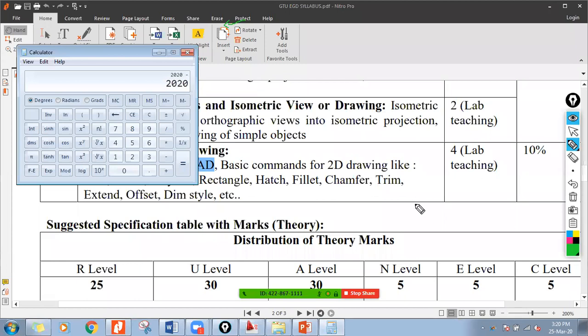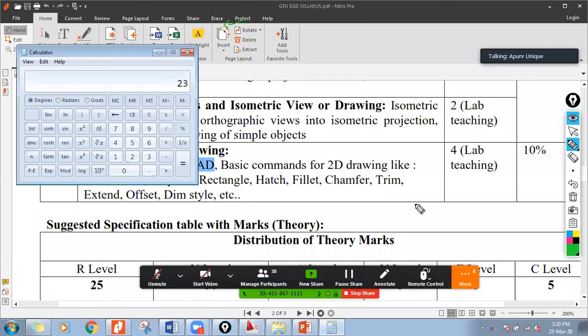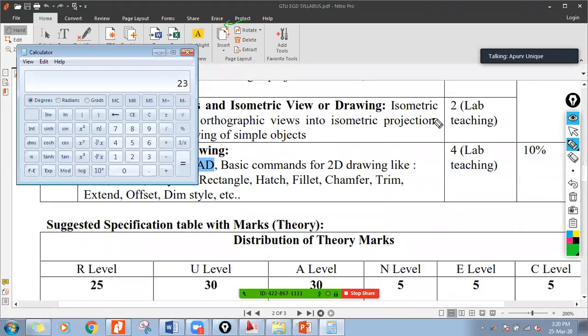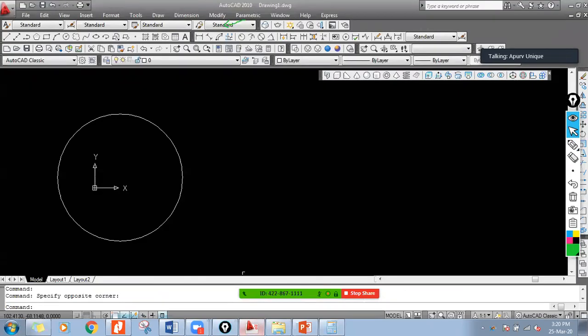Yes, right now 2020, 1997, before 23 years ago. Before this, Autodesk launched the first version of AutoCAD, correct? And AutoCAD is generally used to draw drawings with 2D packages, right? Yes. So this is your